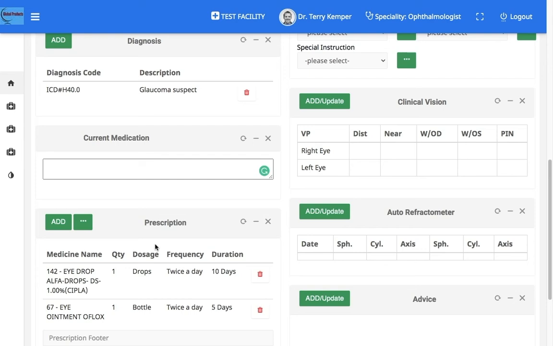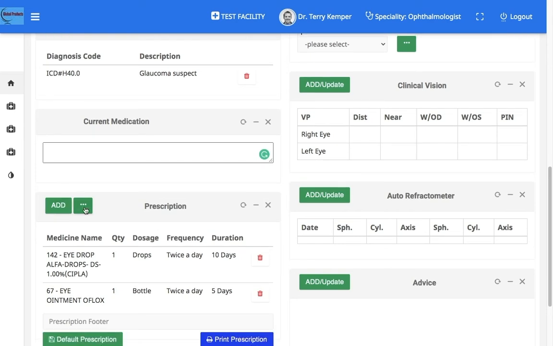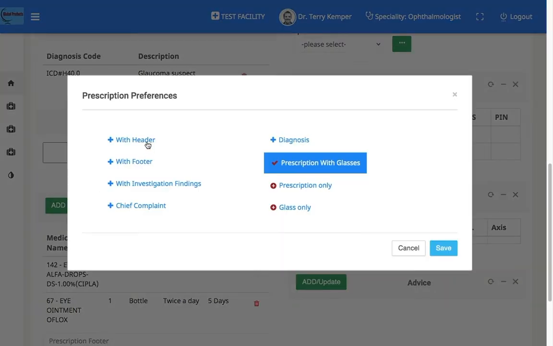Now the prescription is also printed from within MURX. By clicking on this green button next to add, there will be options for printing the prescription, such as with header, with footer, with investigation findings, chief complaint, diagnosis, prescription with glasses, prescription only, and glass only.